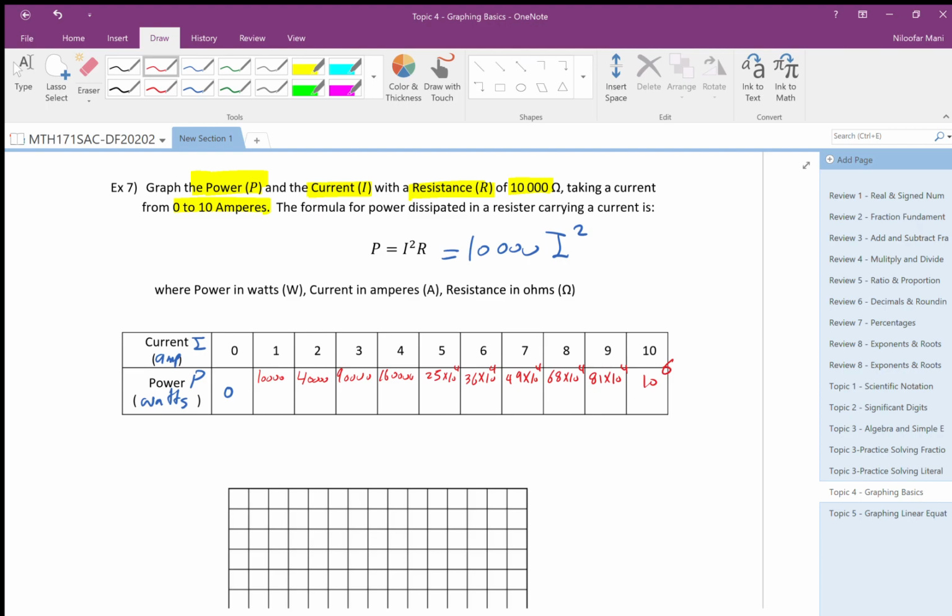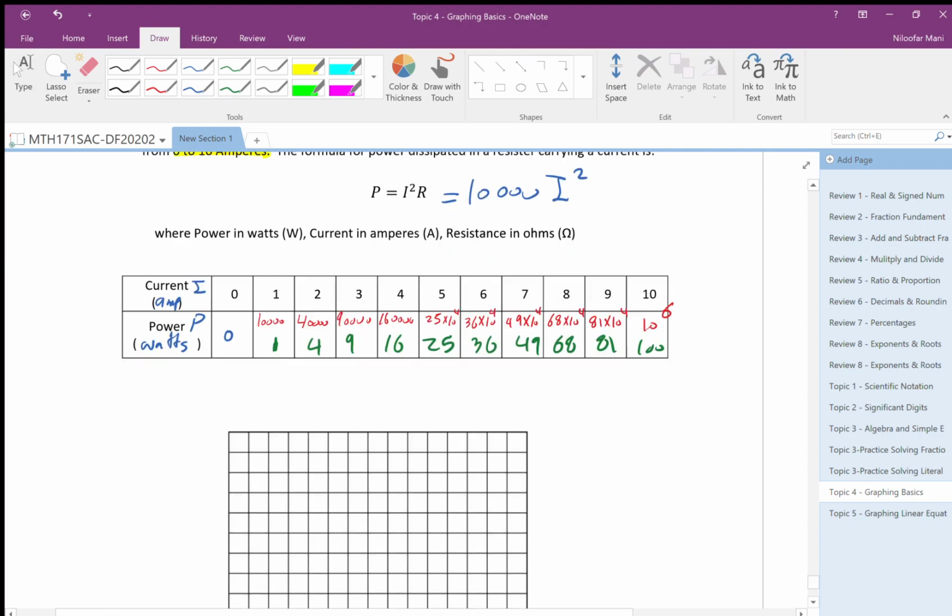When I see all of them have 10,000, for example, all of them divided by 1,000, then I can just forget that part. So I can graph 1, 4, 9, 16, 25, 36, 49, 68, 81, and 100. But I need to mention